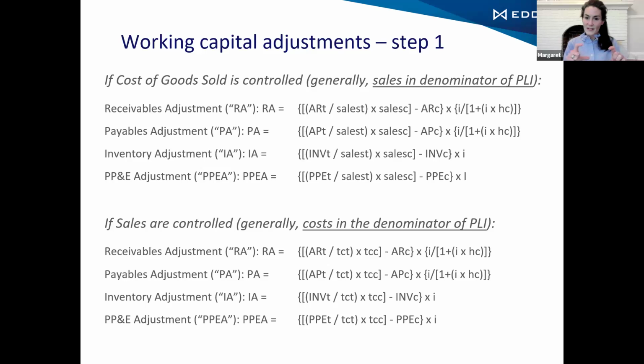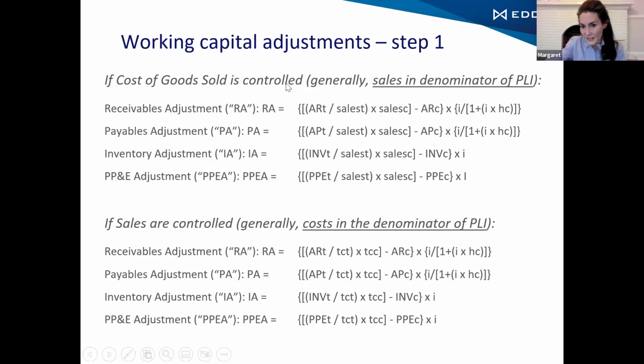The first set is if you have sales in the denominator of your PLI, so if you're using operating margin as your PLI. And the second group is if you have cost in the denominator of your PLI, so that would be a markup on total cost. If you look at the formulas, you see the pattern.